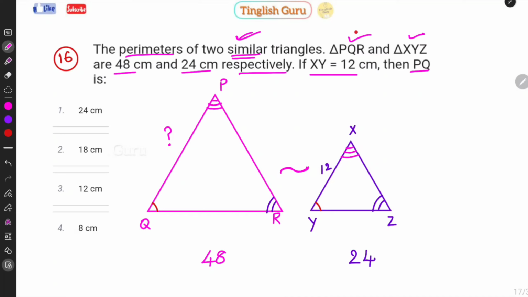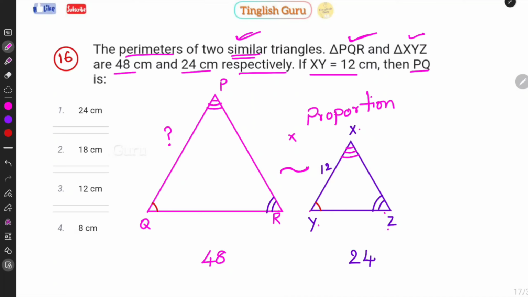We have to write the alphabets PQR in the same order, and similarly XYZ also in the same order, X, Y, Z. So these two triangles are similar. That means all the corresponding angles are equal: Q and Y angles are equal, R and Z angles are equal, P and X angles are equal,